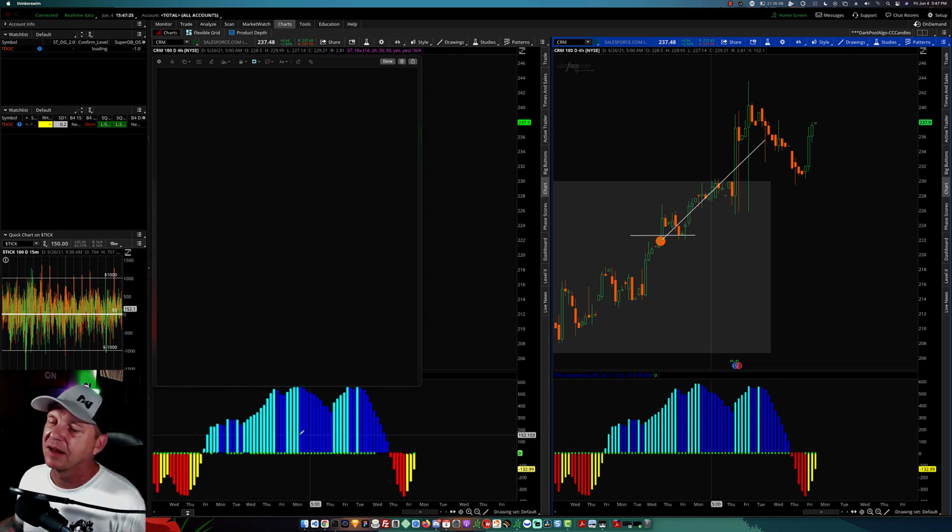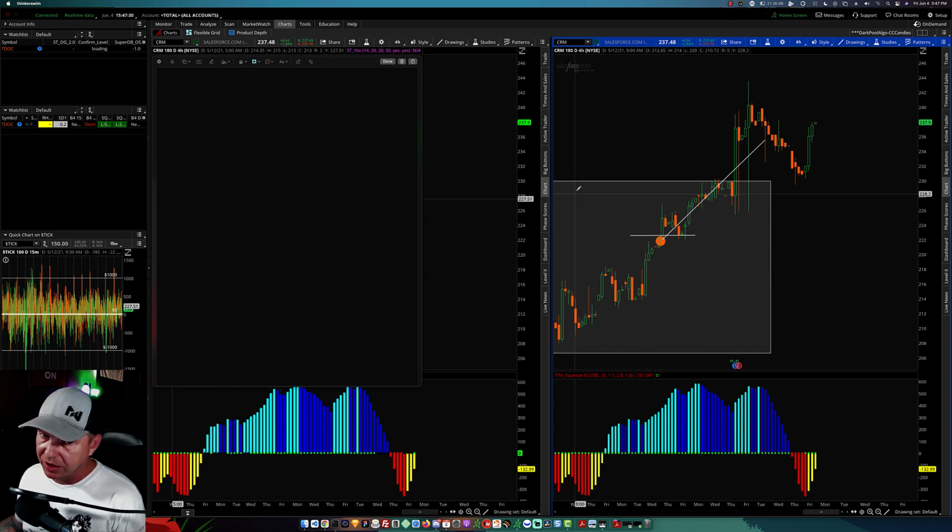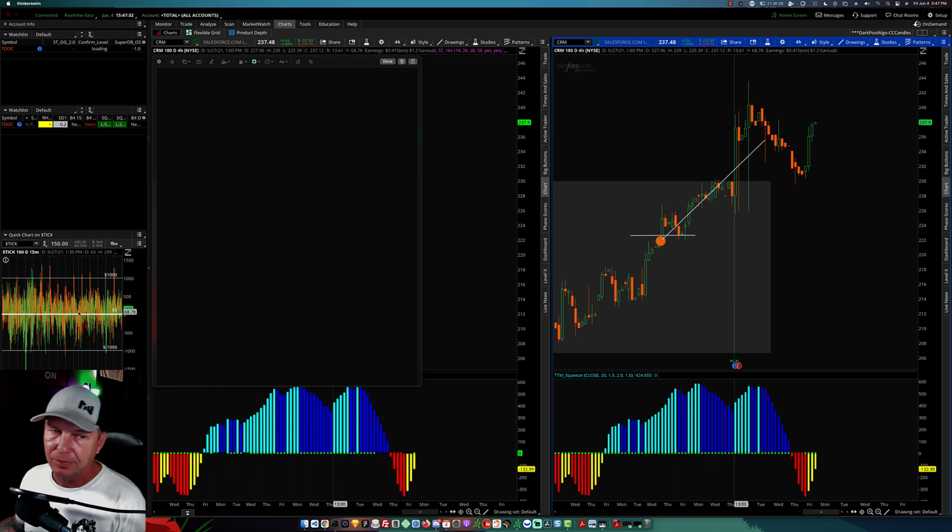So the 10x bars can be used in conjunction to stay in the trade longer or get out of the trade sooner. The most important thing about the 10x bars is that